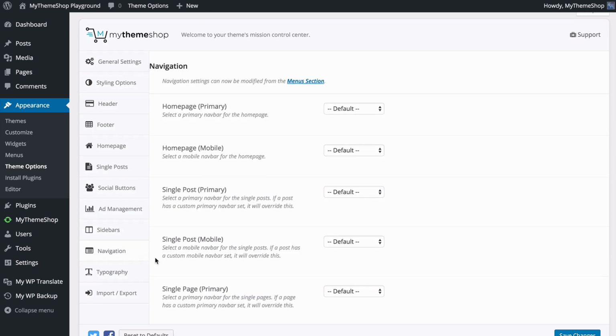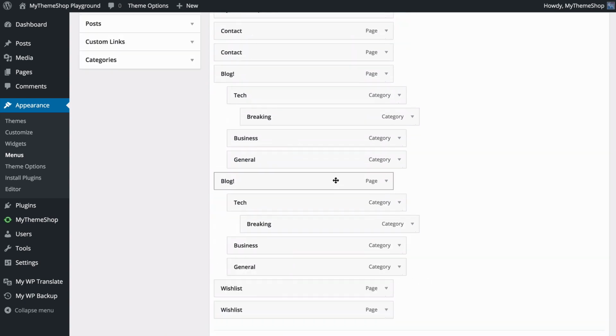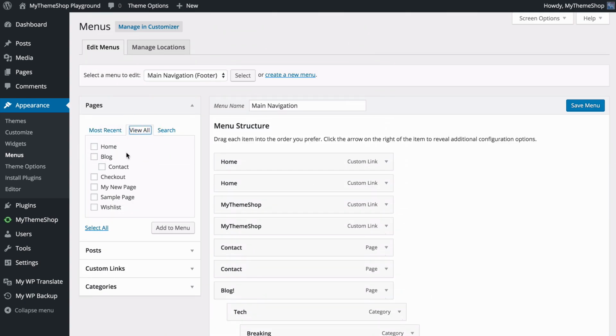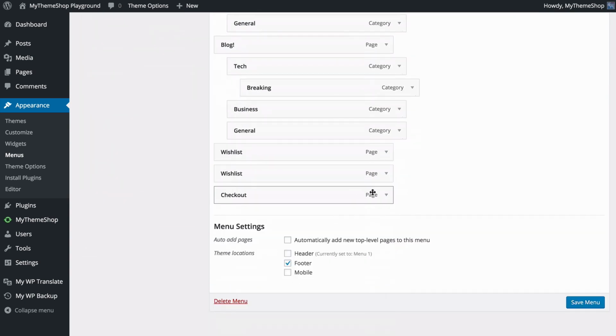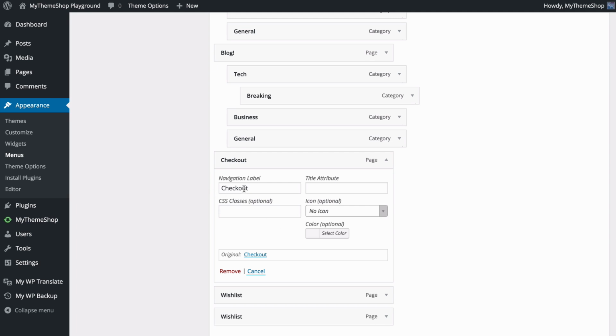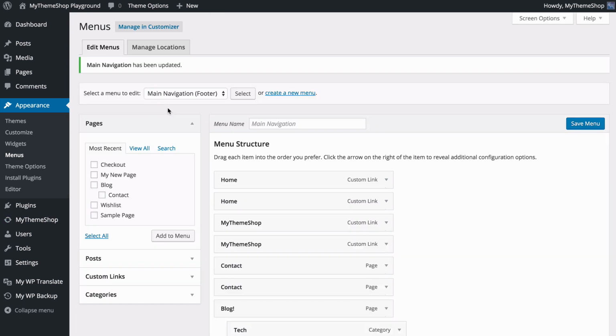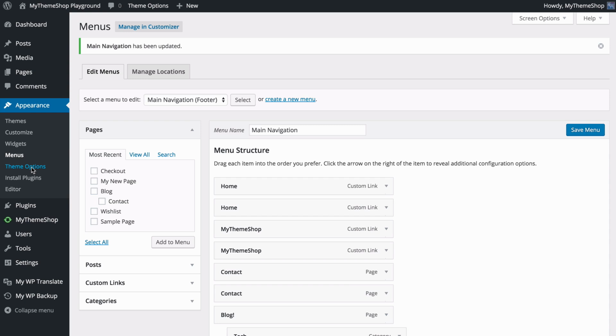Next up, we've got navigation. If we click on this, we can then have a link straight through to the WordPress menu customizer. And here you're able to customize your menu using this drag and drop editor. You can add content here, just tick and then press add to menu in order to add that, as well as remove and drag and drop just by selecting this, dropping down. You can change the navigation label, the color, add an icon if you would like, and then also remove. I'm just going to leave those menus as they are. If we head back to the theme options here,